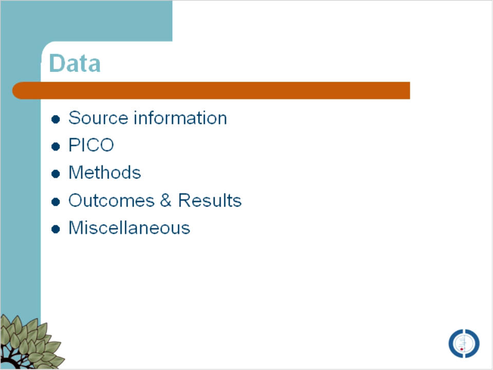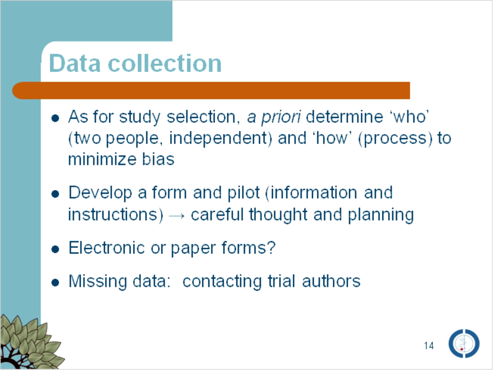We also need to have source information about where it was published and what type of publication it was. We need to have information on the methods, and then obviously outcomes and results, and then any other miscellaneous information. So that's the information that we're pulling from these studies in a snapshot. And so when we're looking at data collection, I think the system is just a bit delayed. Okay, there we are. So when we're looking at data collection, again, just as for study selection,